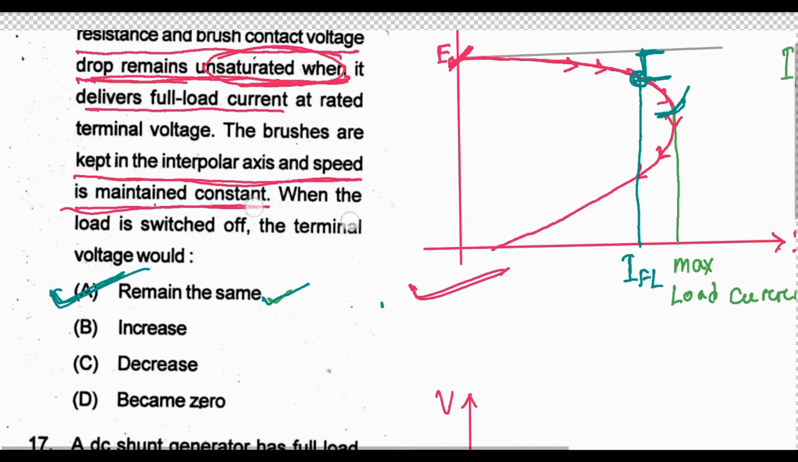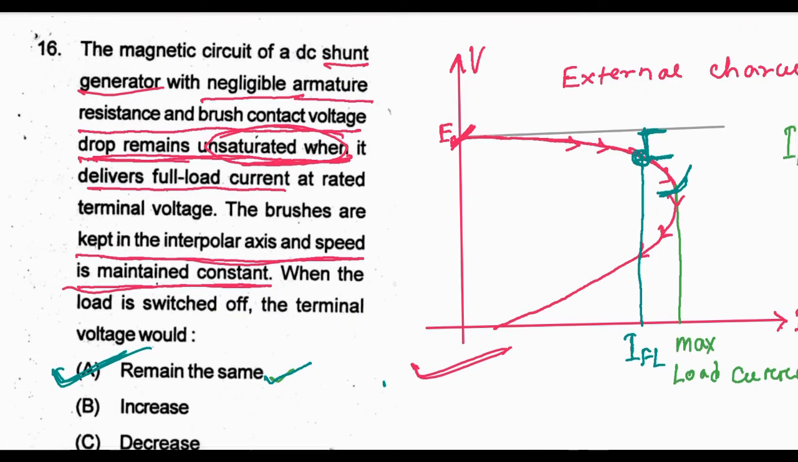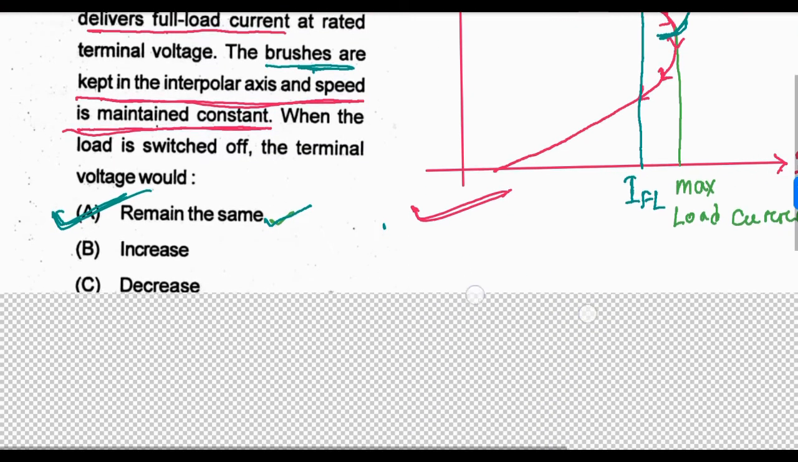Remain same, because what are the conditions given? Brushes are kept in the interpolar axis and speed is maintained constant. That means brushes kept at the interpolar axis is the condition for reducing armature reaction, and all other things are neglected, so the voltage will remain the same. Next question is